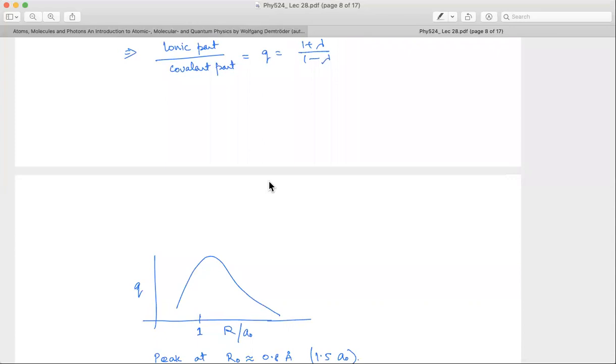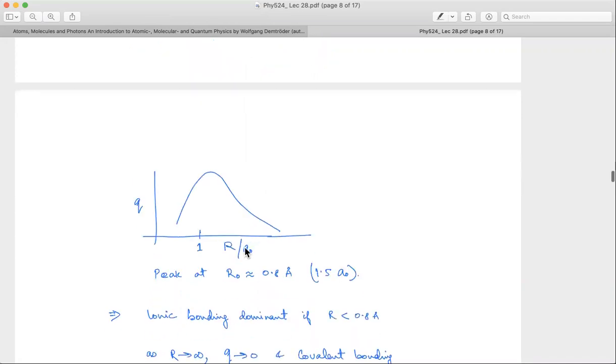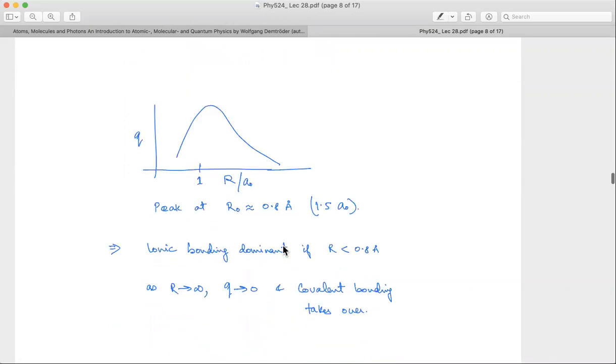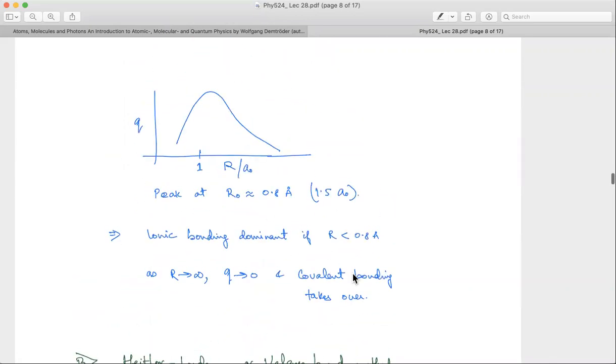So instead of this plot, you can plot dissociation energy versus Q, for example, or dissociation energy versus R, etc. And then you will say the same thing basically, that ionic bonds are stronger and have shorter bond length, and covalent bonds have larger bond length and are relatively weaker than ionic bonds. They are still negative in energy, so a bound state with a relatively larger bond length. Okay, so that's the important part, etc.